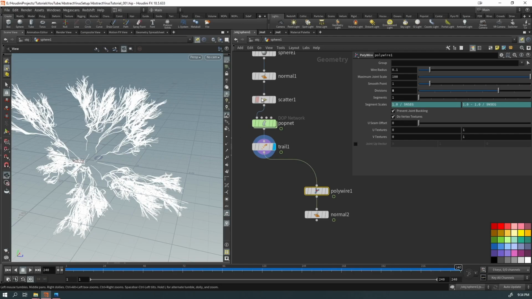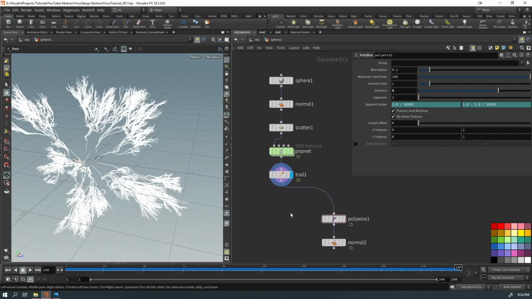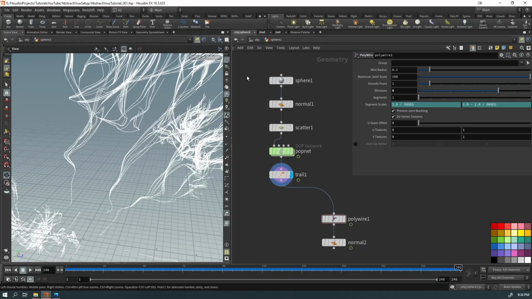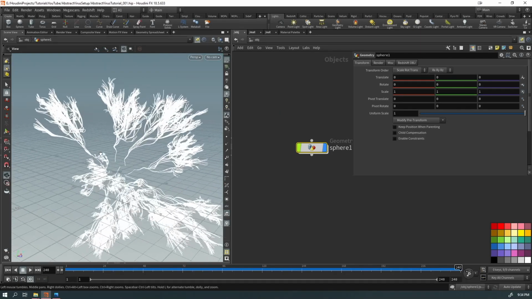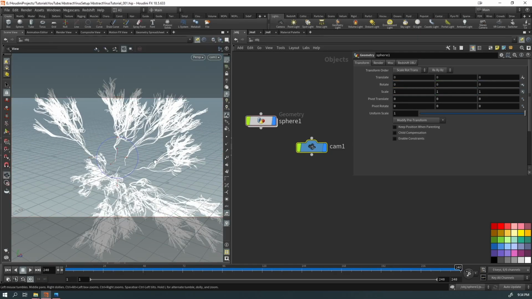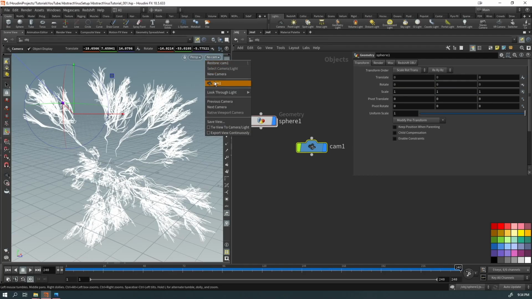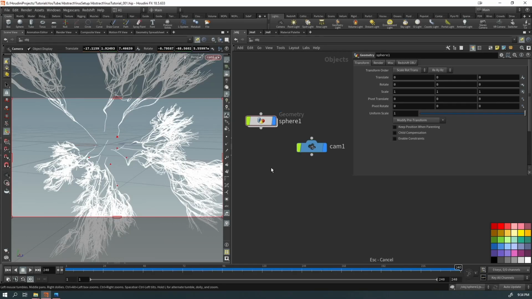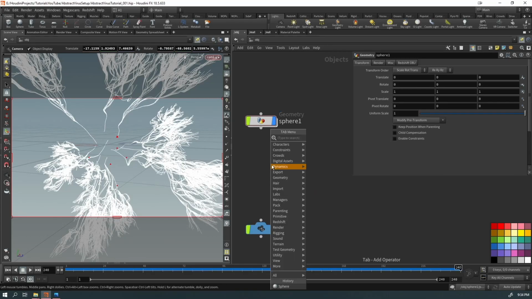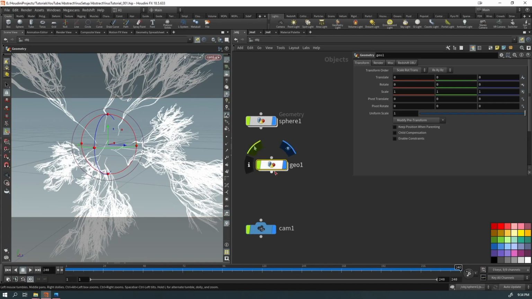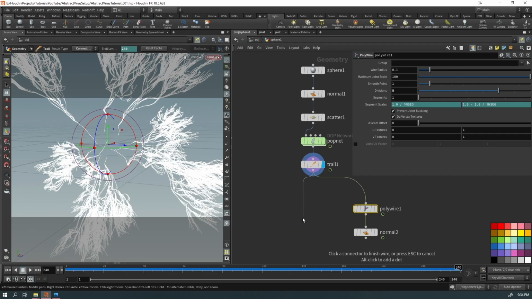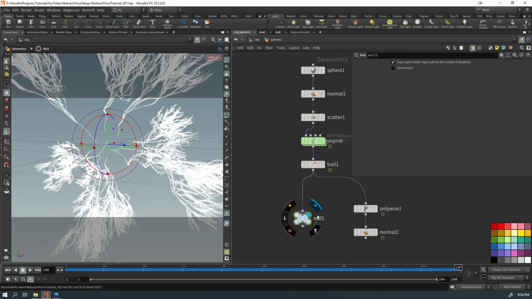But right now, let's just take a look at what we have here. So, what can be helpful to me here? Let me just add a camera. I forgot to turn on the lock. Let's just look at here. Also, I kind of prefer having multiple objects here, because we need to separate this. So I'm just gonna put down a null in here. I'm gonna call it out